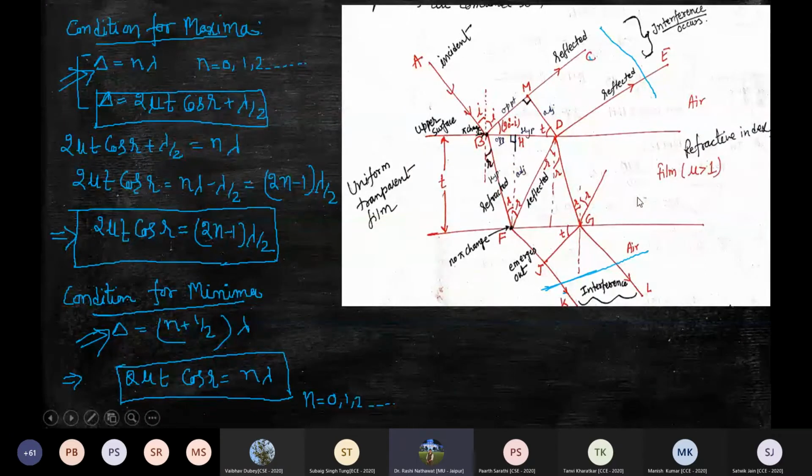This is a thin film, which is the media, and it can be a thin film of any kind, like an oil film on the water surface, or water itself can also be taken as a film here. So what we will do, we will apply simple trigonometry, the same way as we have applied on the reflected wave, the same we will apply for the transmitted rays, and then we will calculate it.